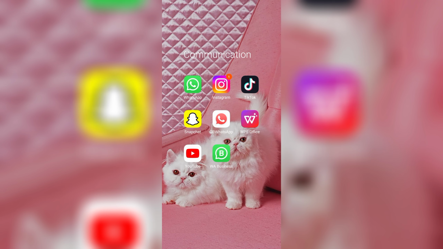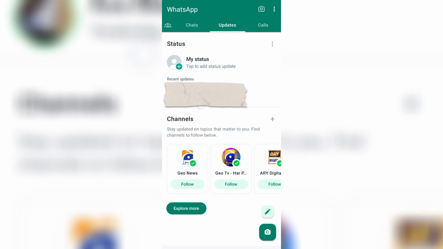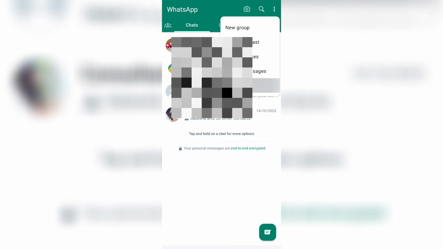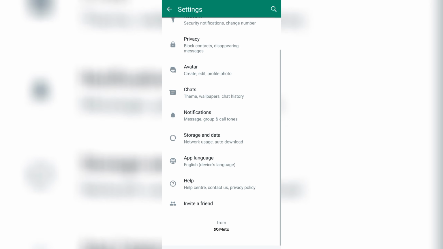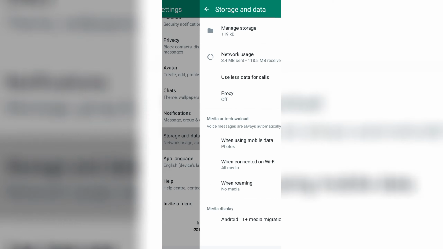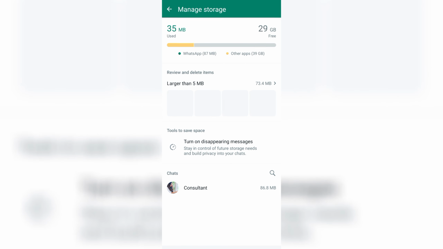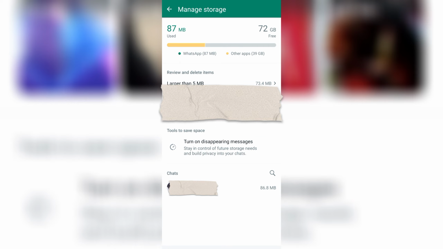So let's get started. Here you can see I have WhatsApp open. Now I can just simply tap on settings, and you can see I have storage and data here. Now what I'm going to do is tap on manage storage, and here you can see all of the storage on your Android device used by your WhatsApp. So to delete,